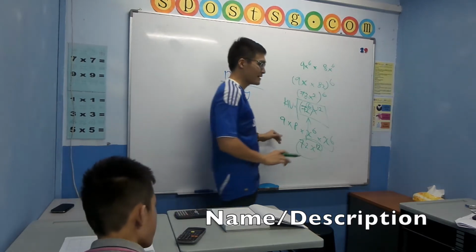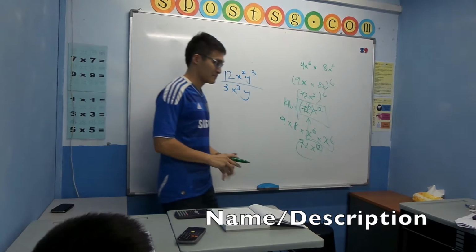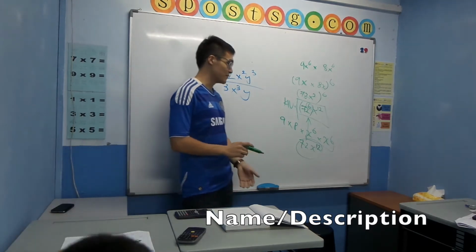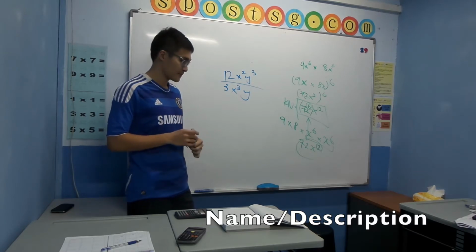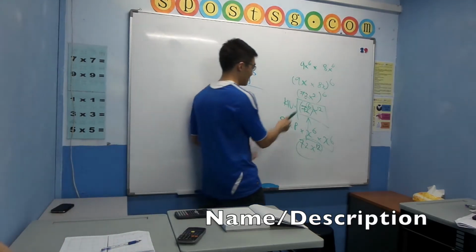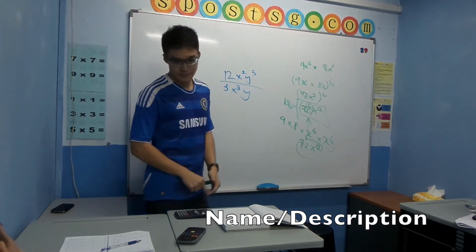Okay, Kristen, understand? Can you do this? Because if you do this, your number will be very big. You will give it to the power of 6. Good. And 72 is 72. So you take out all the numbers, put them on one side, the x on one side, then you solve. Okay?